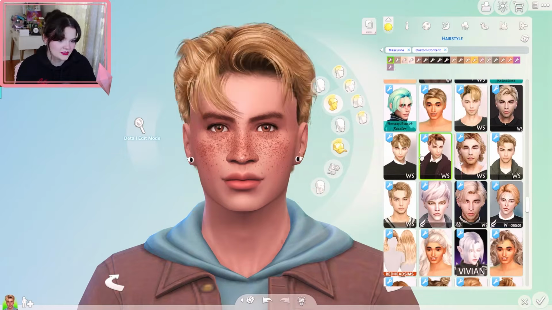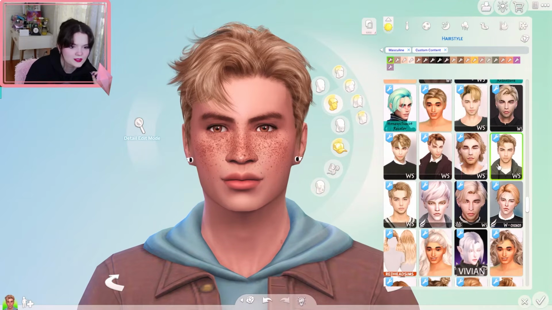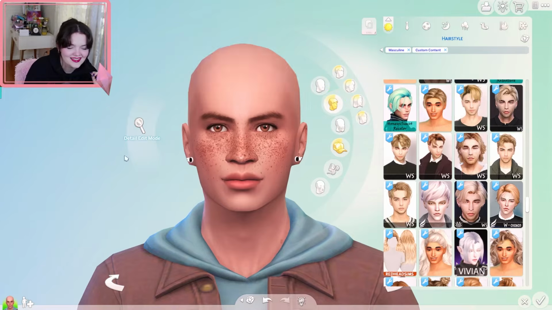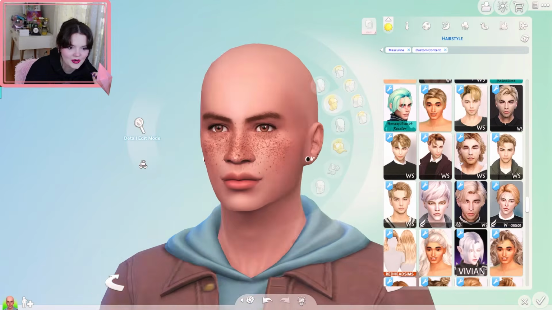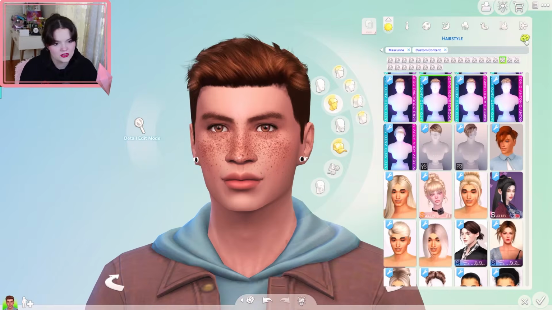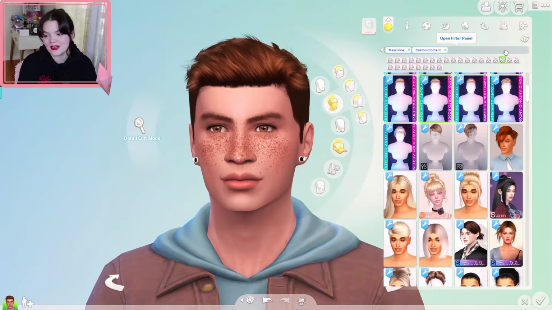I've had a lot of theirs. I don't like how tall his face is, but it looks fine without the hair. Can I shorten it a little bit? I wanted to shorten the top part, but I don't think I can do that. And then you can also just do the randomize button, which is one of my favorite things